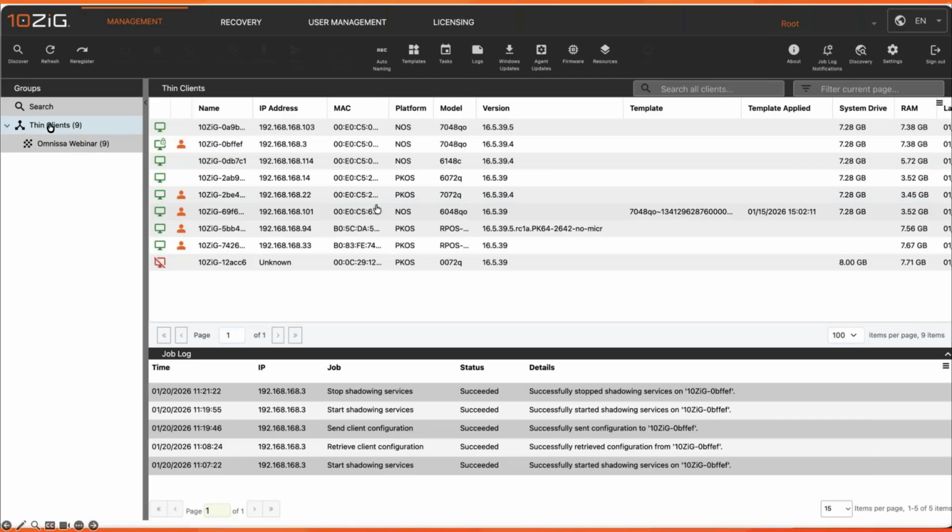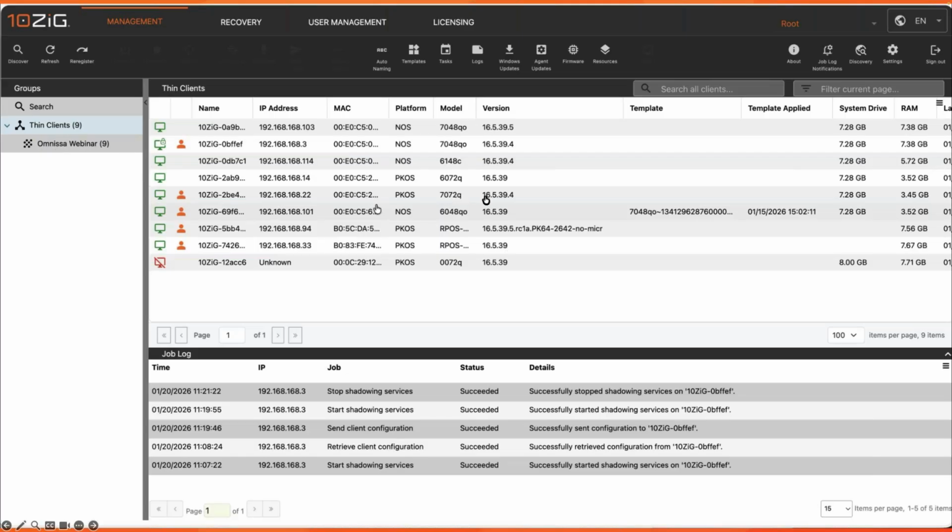We can also see all of our endpoints in view with this view, and we can also see groups of clients. And not in the demo here, we can also have a multi-tenant view as well. So we could have different tenants where clients are segregated into different views there. And those views allow us to make configurations which are specific to those groups and to those tenants.